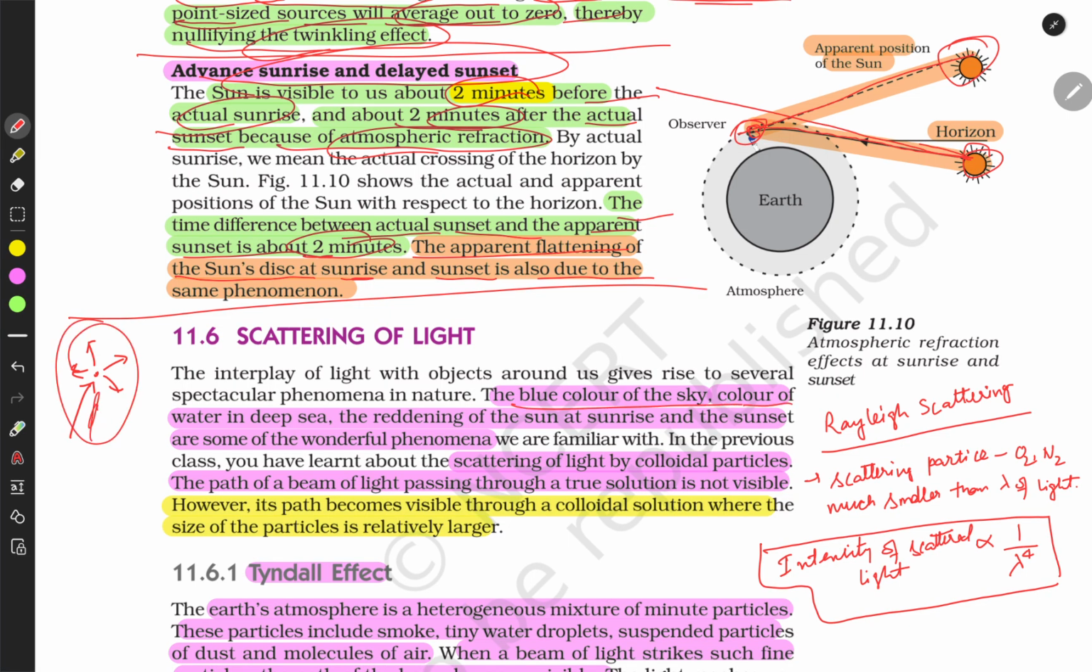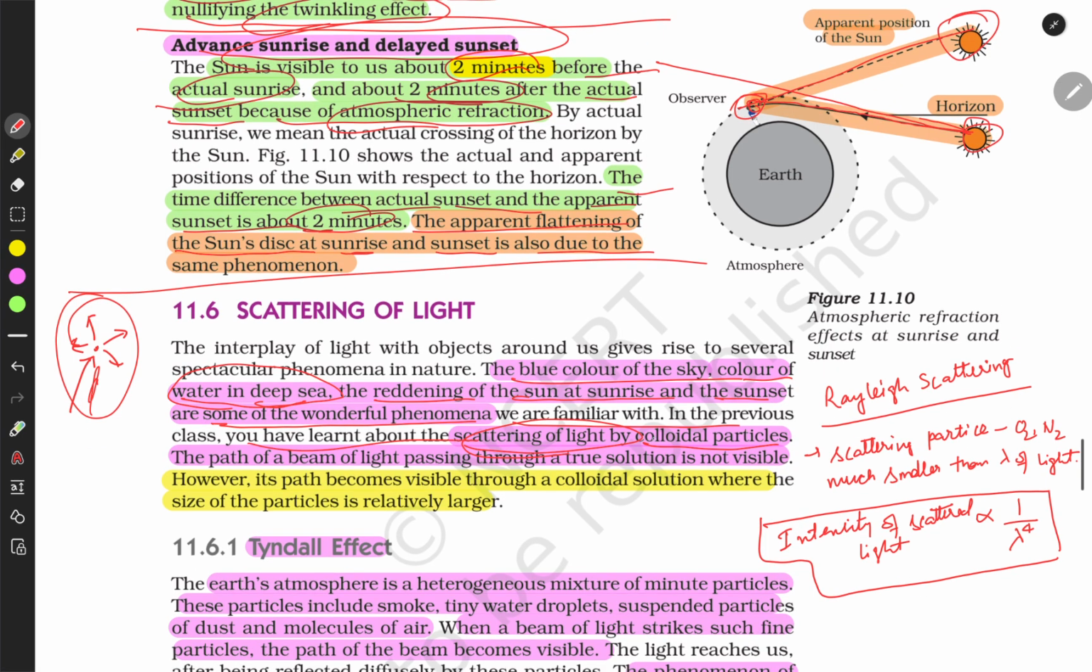The blue color of the sky, the color of the deep sea, the reddening of the sun at sunrise and sunset are some wonderful phenomena. We are familiar with this, and this is because of scattering of light by the colloidal particles. We know that light scatters by the colloidal particles, and the path of a beam of light passing